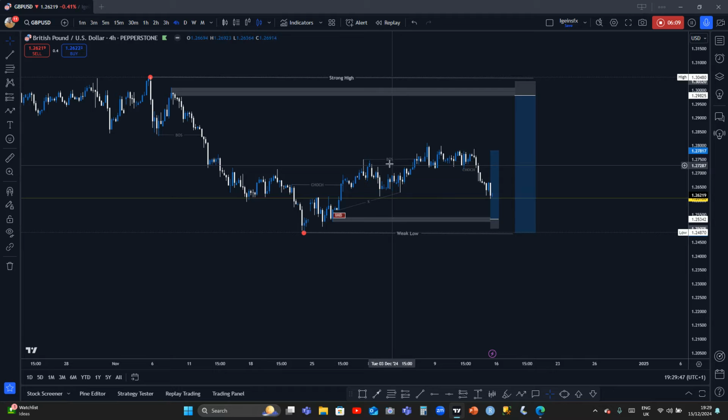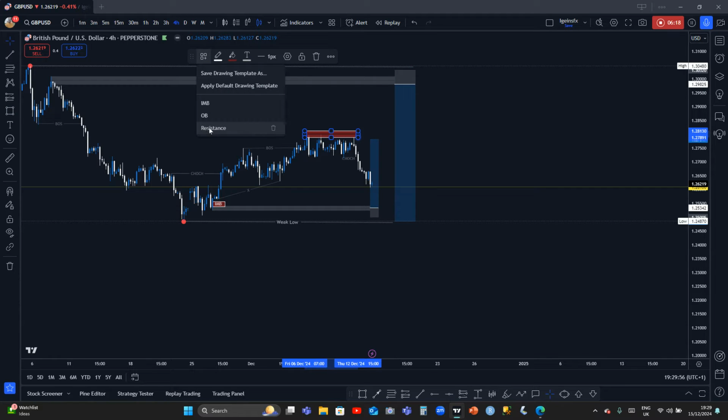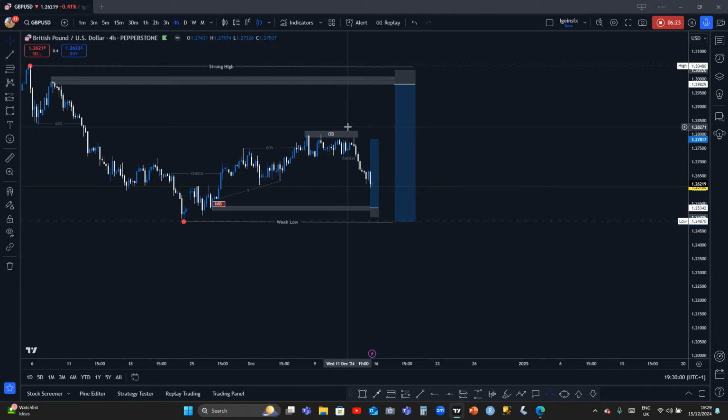Now, when you got here again, instead of breaking structure to the high side again, you see that price is coming down from here. Internally, you now see a change of character again before this price action will start